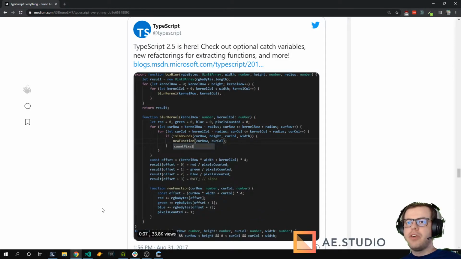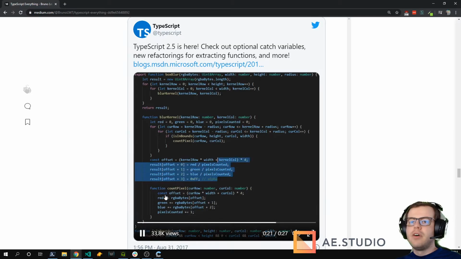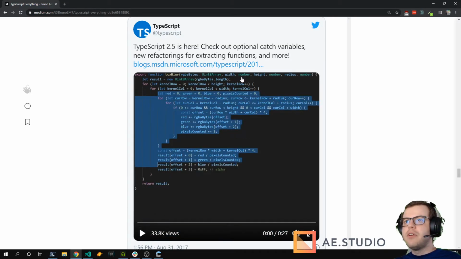So they are breaking a function that has a cyclomatic complexity of 1, 2, 3, 4, 5, 6, 7, 8, 9, 10, 11, 12, 13, over 15, I guess, the complexity of this function would be.